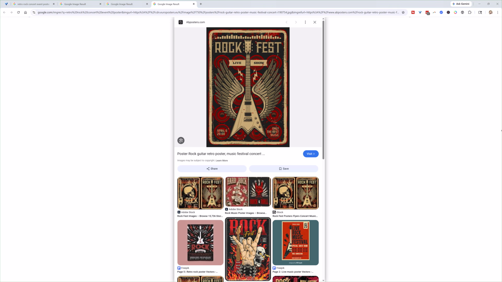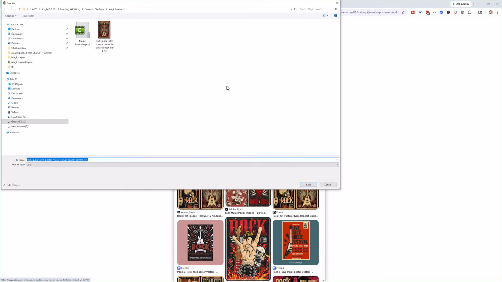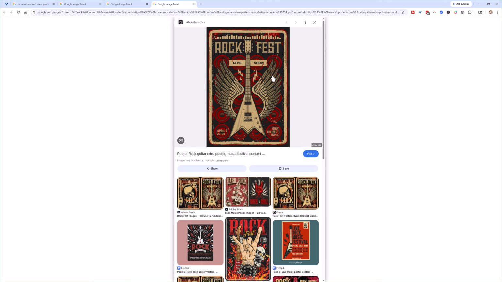Then as my next step, for each of these images I've chosen as a potential starting point, I'm going to right click, choose save image as, and save that off somewhere where I can use it later as a reference. So I have this one done here, and I've done that for the other images as well. Now this doesn't have to be a high res image. This isn't high res. I could even use something as small as this right here, and that would work,